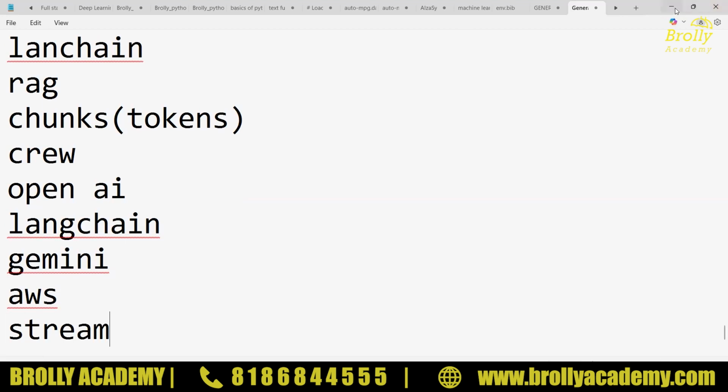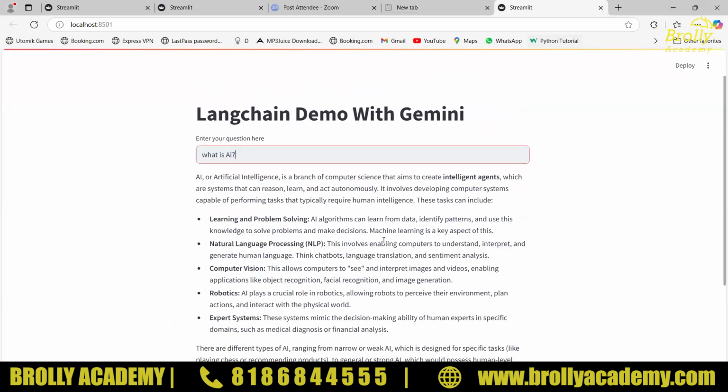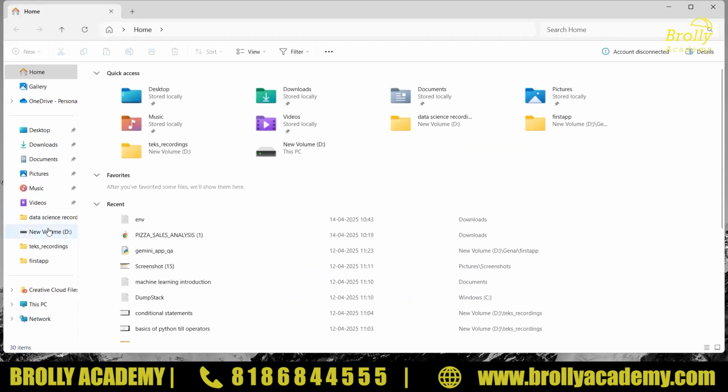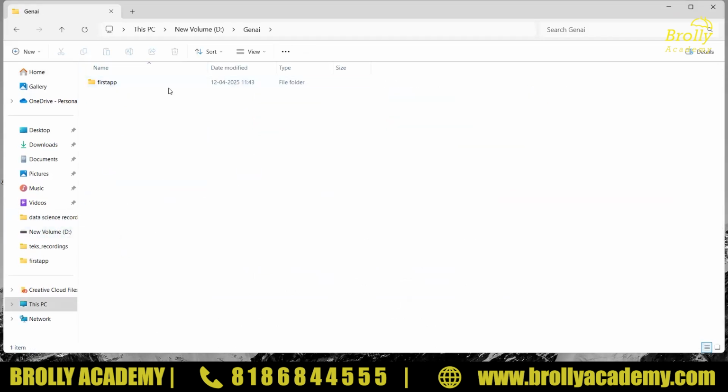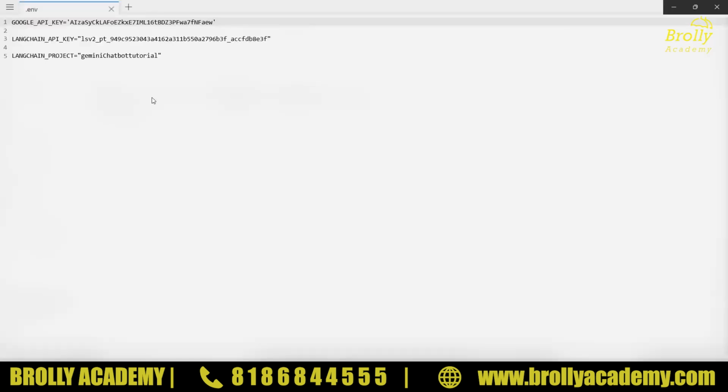You need to use that in your project. I'll show you one example. Whenever you are performing any kind of model, you need to have the API key. If you have the key, then it will be easy for you. It is stored in the environment. For a LangChain project, I'm using the Gemini chat. Whatever the LLM consists of, like entire chat, like GPT data, everything will be imported through this Google API. By using this key, we can run the LLM, and the result will be generated according to our requirement.